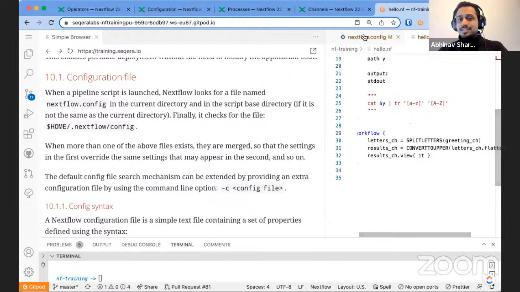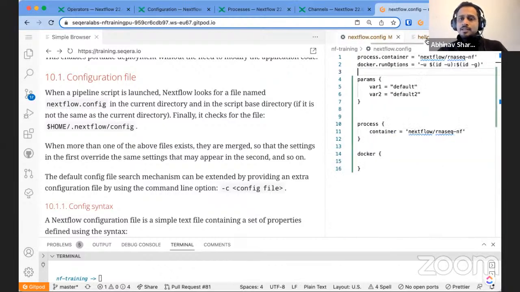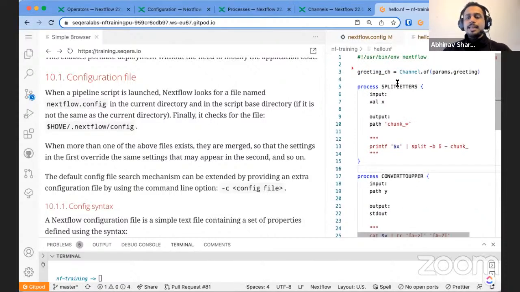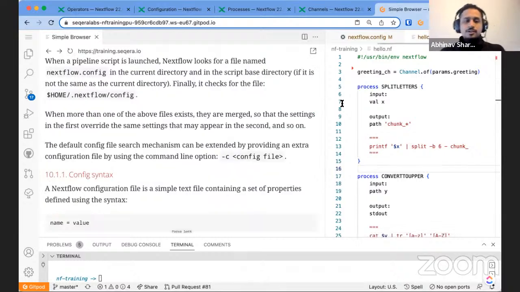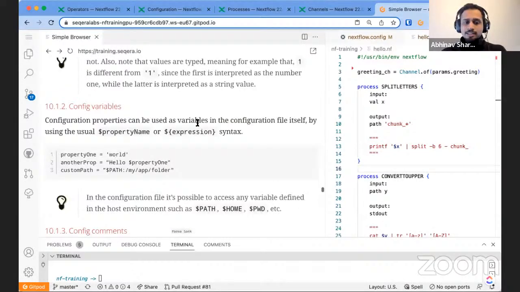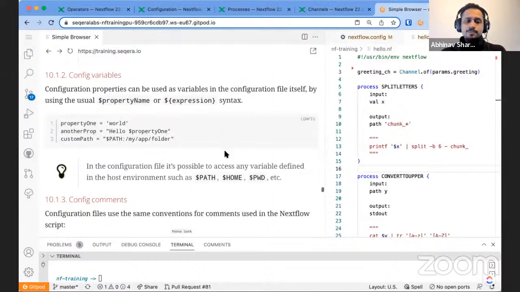We can specify this within the configuration file. So the best practice is to keep the minimal things you need, for example, within the process definition, and move everything out to the configuration level. Now, what is the benefit of that? The benefit of moving out configuration to the centralized config file